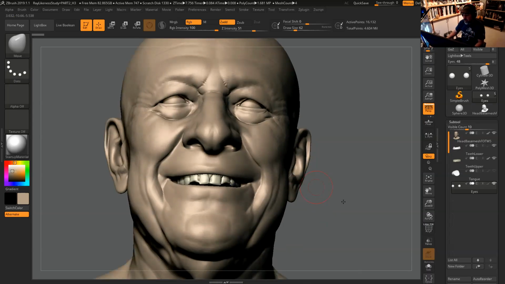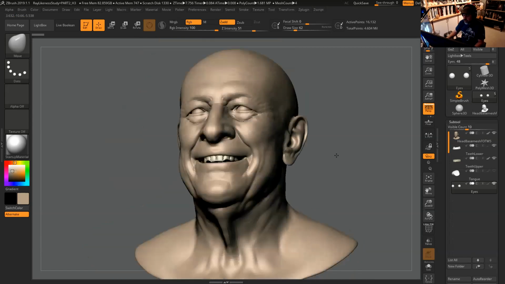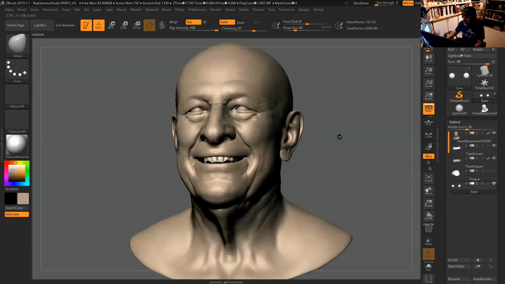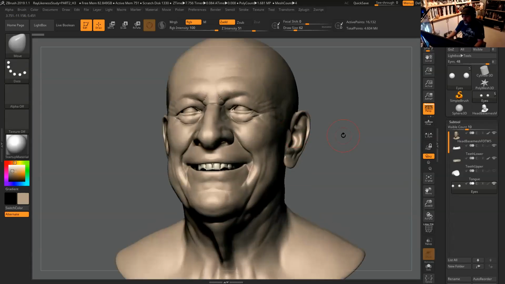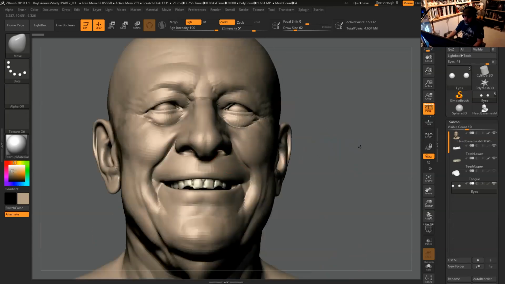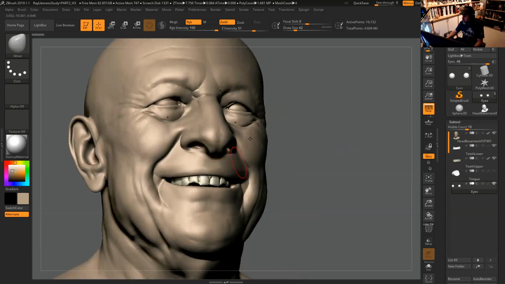At the same time, how can we match a likeness if we are not using asymmetry, right? Well, what I do is try to use an average. That's basically all we can do. You can look at the reference and see things that are just the average. If the chin is a little more pronounced on one side and the other is more receded, you find a happy place in the middle. Then you model just to have an okay likeness, not a perfect likeness at all. And once you have all the pores in place, it's important to have the symmetry, because you want to sculpt the pores on one side and get the other side for free, right?